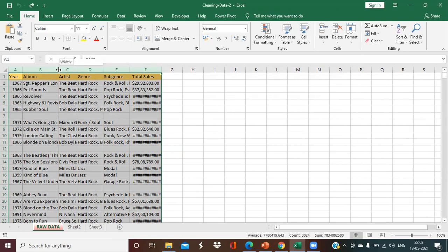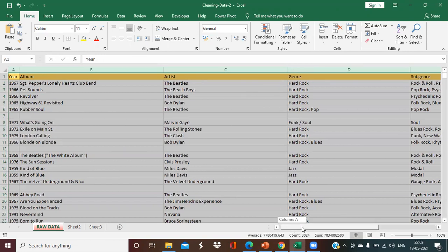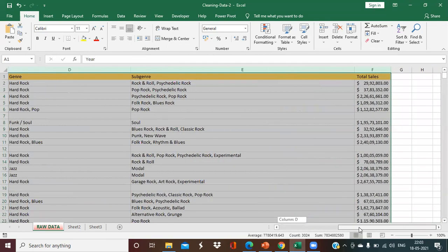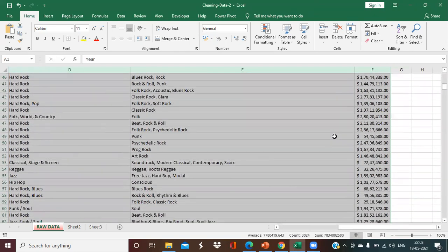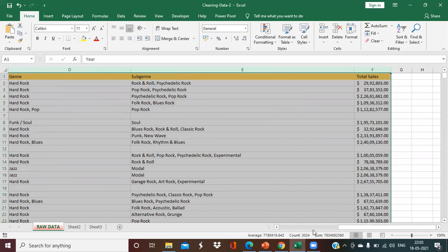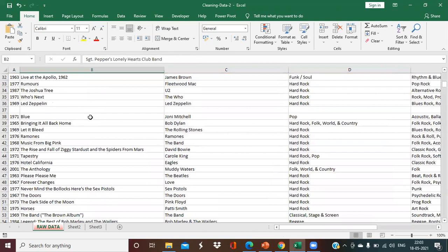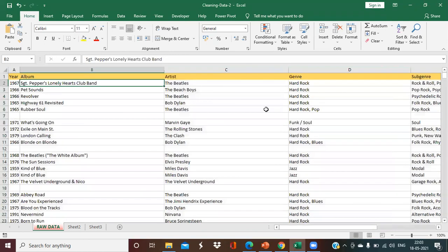It adjusts the width of each column accordingly, and now I can have a proper glimpse of my data set, including the names of my albums.